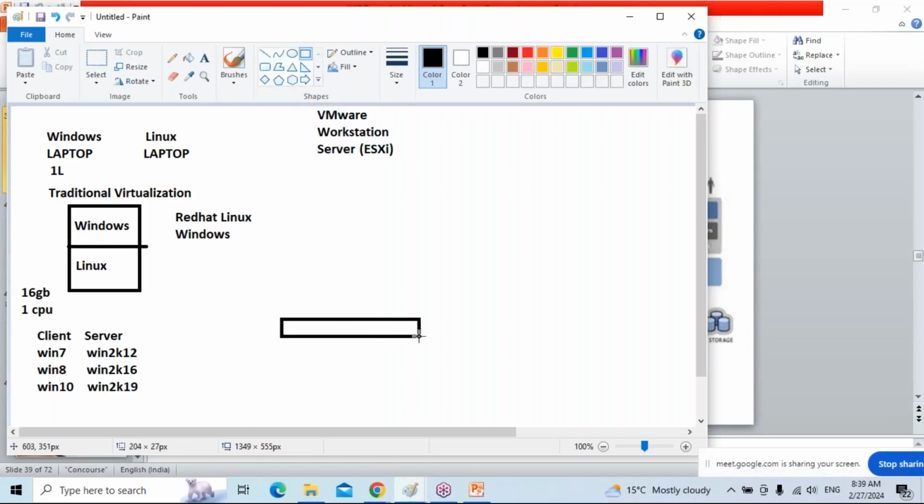This is my hardware. A laptop is hardware. A desktop is hardware. On top of the hardware, I'm going to install the operating system.